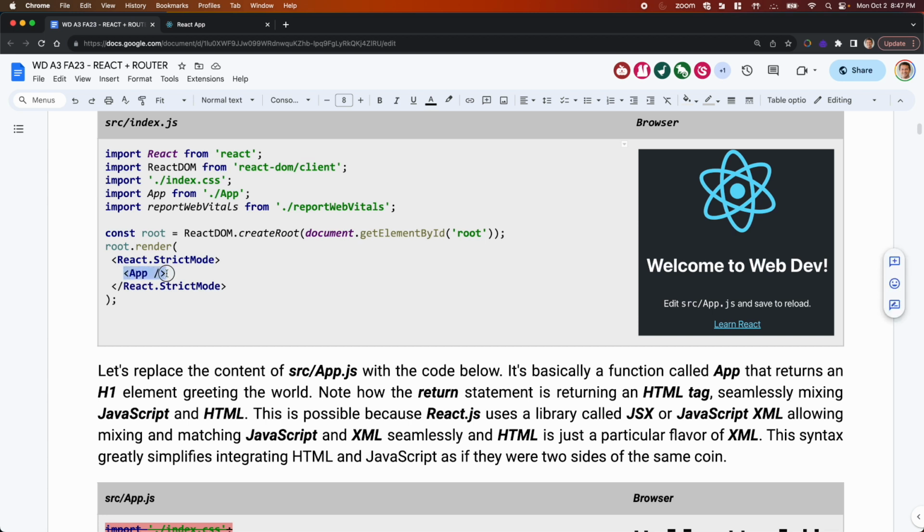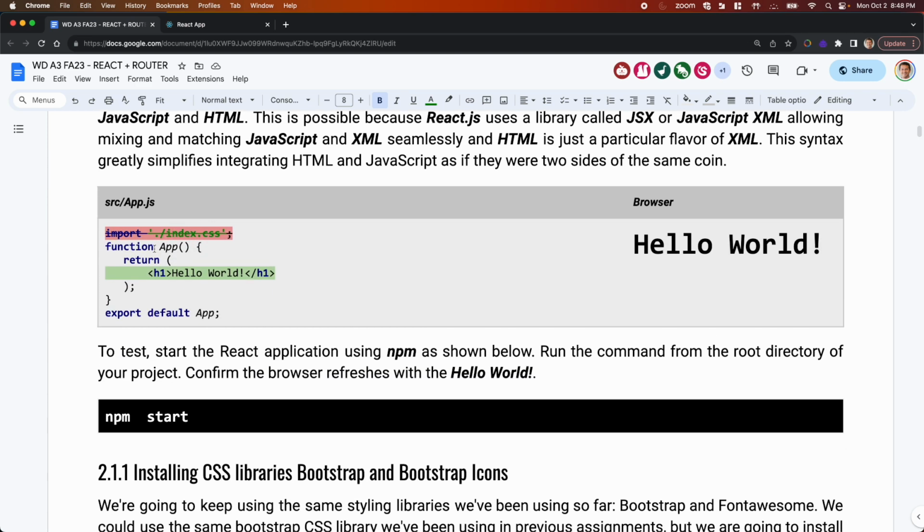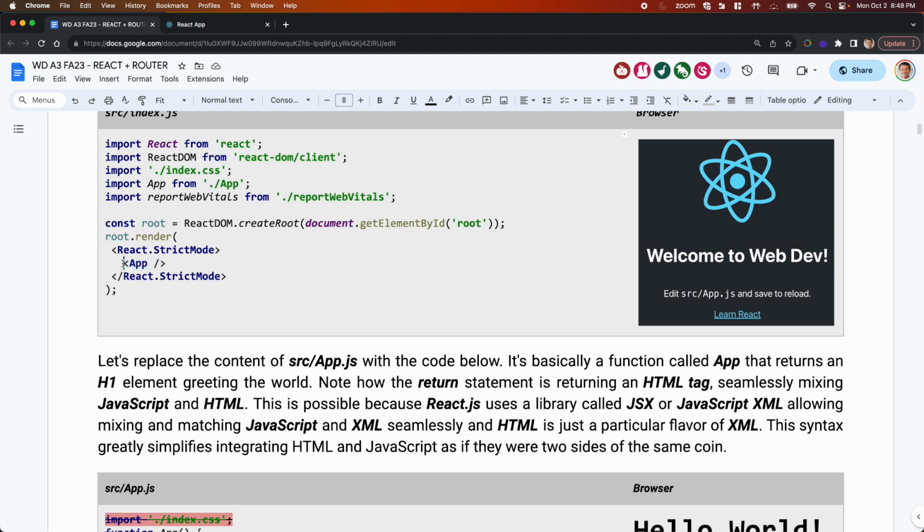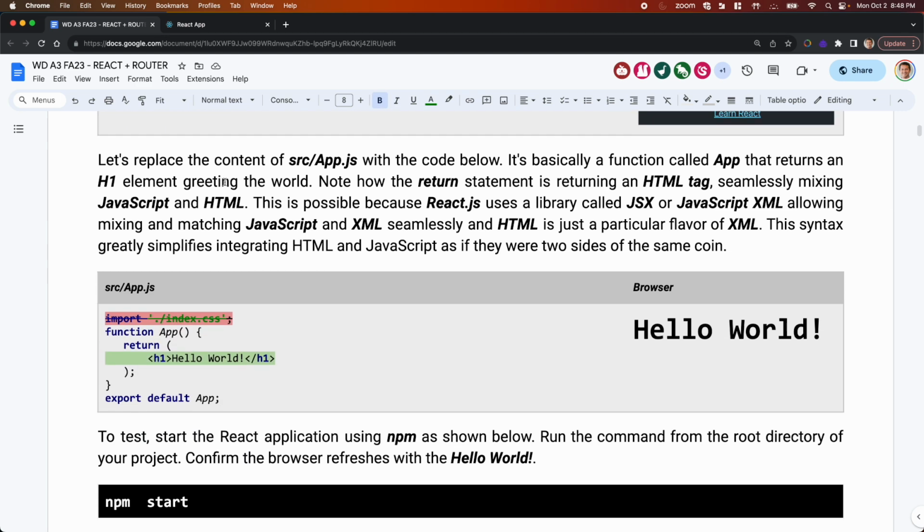So for instance, this app tag, which is obviously not HTML, gets its name from this imported function that is imported from this file app. If you go into that app, you'll find that there is a function called app. And whatever that function returns, in this case something that looks like HTML, is what this tag eventually renders as, or evaluates to. So the function of React.js is to go through all these non-HTML tags and call the corresponding functions so that those functions can then